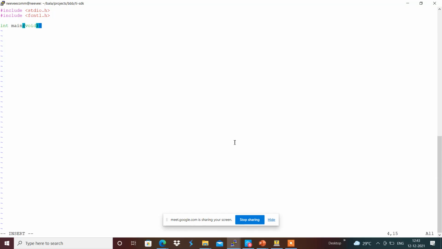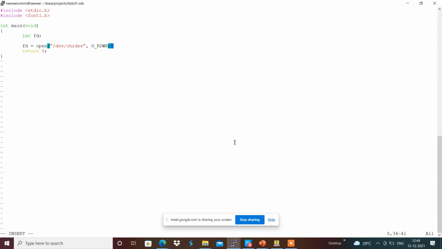Fd is the file descriptor which we will be getting from open. We are going to call the open system call, and the device file is /dev/chr dev accordingly, and with the help of O_RDWR over here, we are opening that chr dev device file in read and write mode over here, and we will be checking whether the file descriptor got created accordingly.